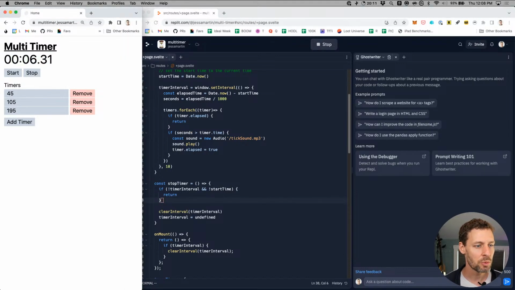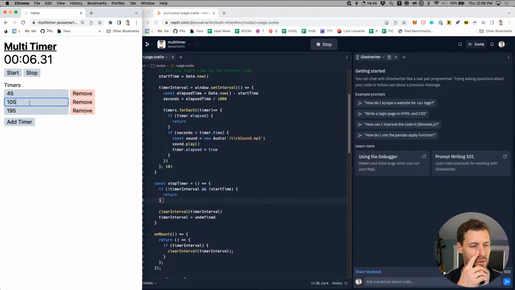So I made that one change. What I'd like to do now, though, is go through and make these also convert to minutes and seconds, or at least display in minutes and seconds. Right now, it's fine if you want to enter it as 105, but if there's a colon in it, we should probably parse it as minutes and seconds and convert it that way. That way, when you're looking at a list of timers, you know what they mean and they correspond to the minutes and seconds version of this.